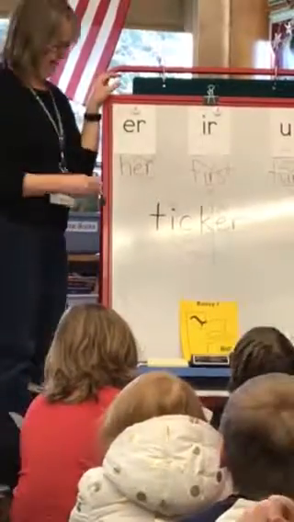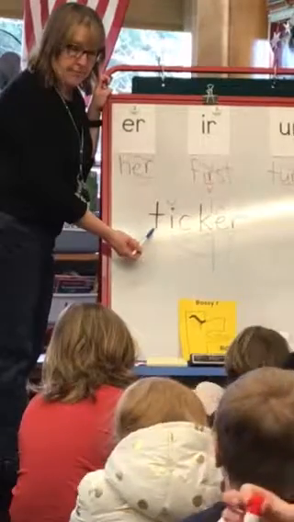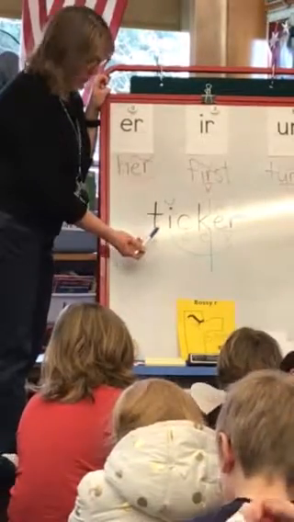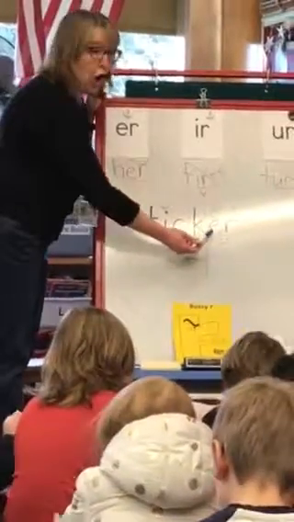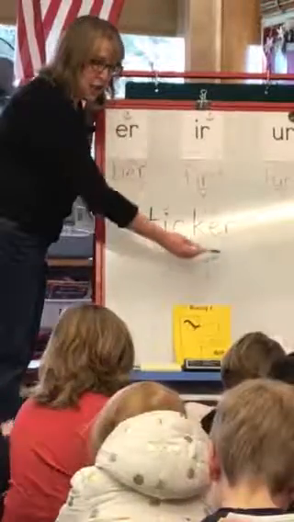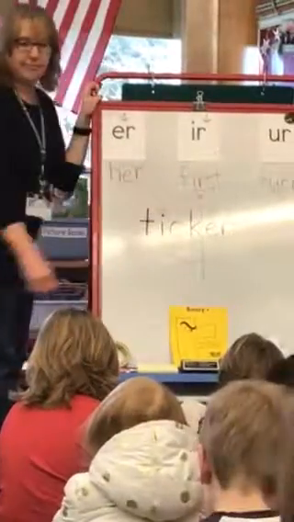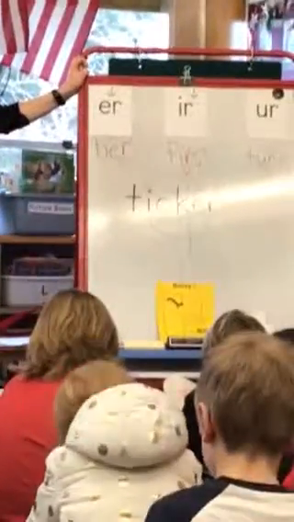All right. So, let's stretch the word out. Eloise, you ready? Here we go. Er's over there by itself. And now let's say it fast. Ticker. Ticker. All right. Nice job. So what we're going to do next